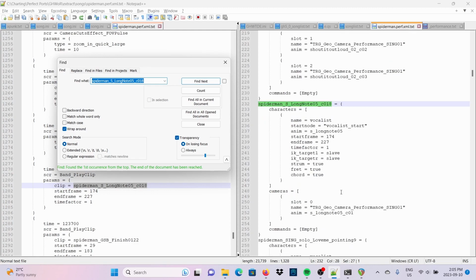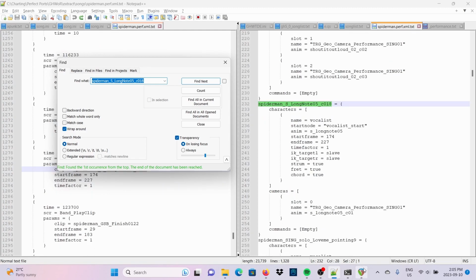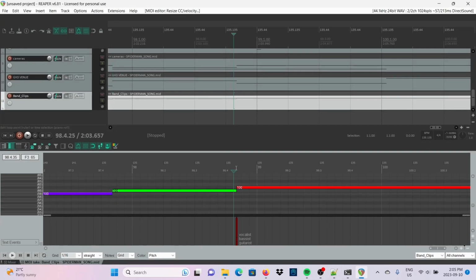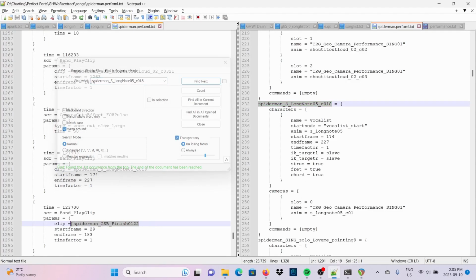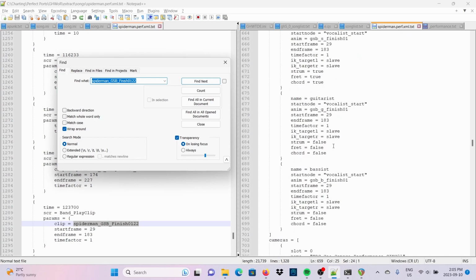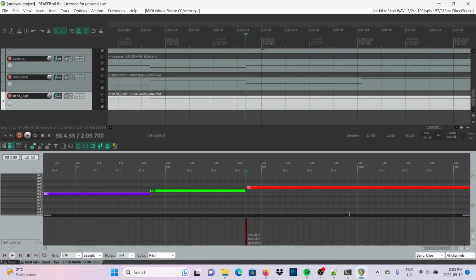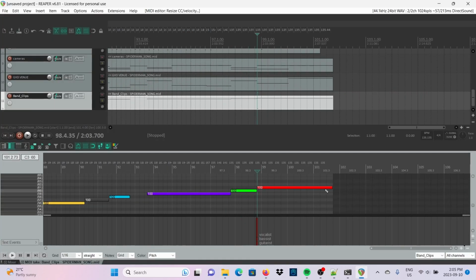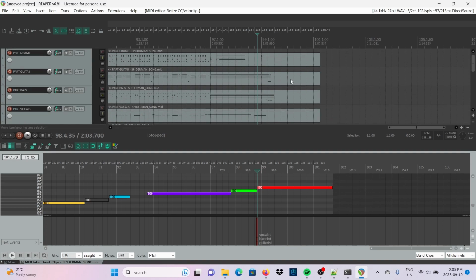So that's the singer. And then we know it goes into the next one, which is where, so most likely the singer will be in this next one as well. Yeah, all three of them are. So because this animation goes right to the very end of the song, we will not need to worry about